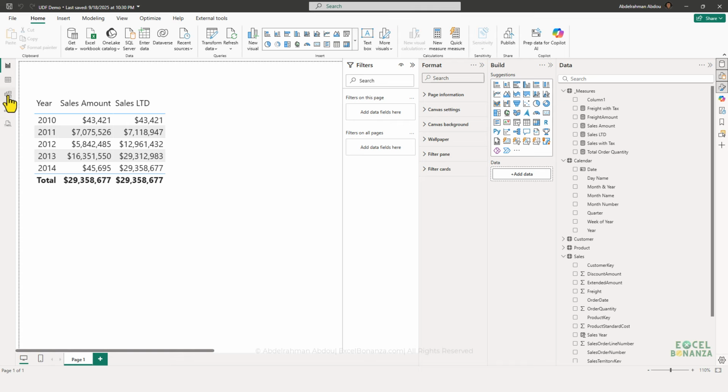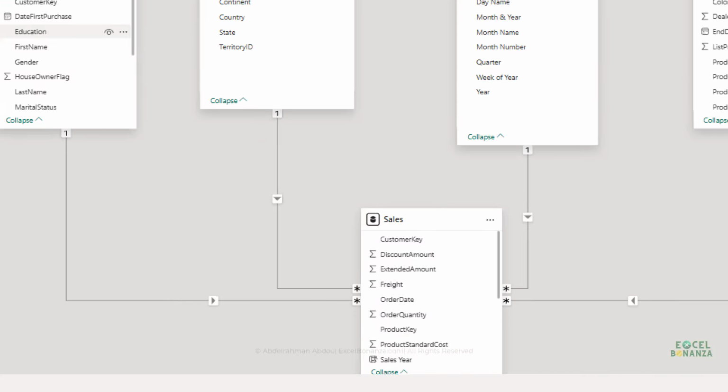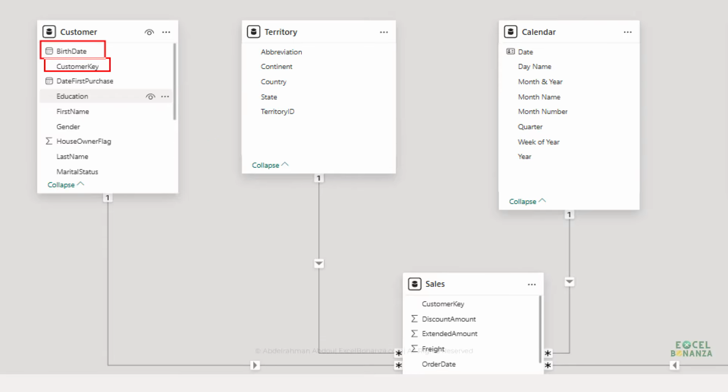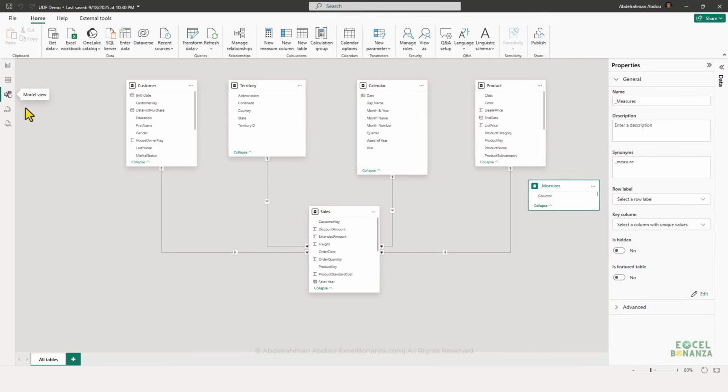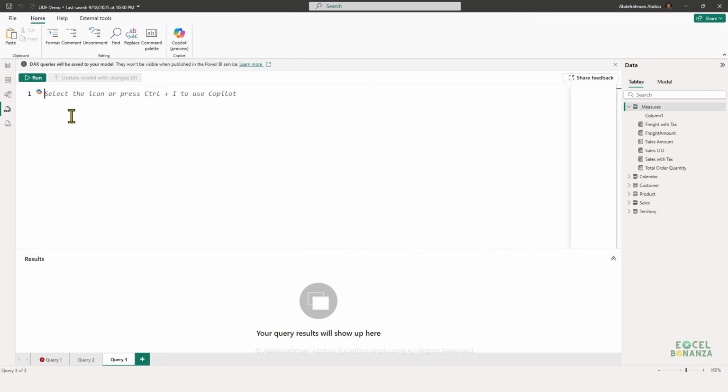And if we check our data model, in the customers table we have the birth date column. And this customers table, of course, is connected to the sales table via a one-to-many relationship. So we have this birth date column, and we have the customer key column that we're going to use as well. All right, so let's go to the DAX query view, and let's create a new query,